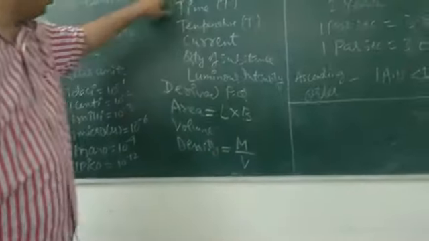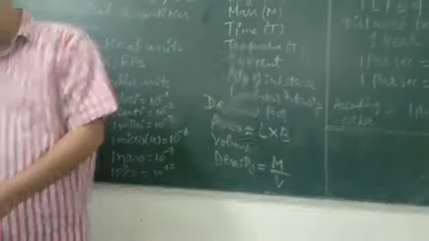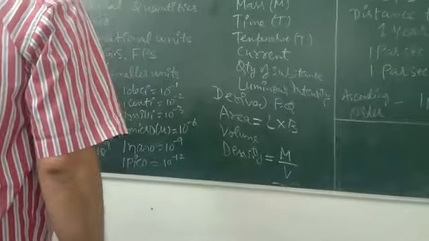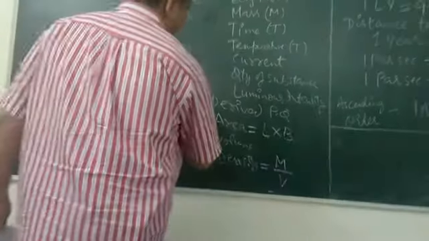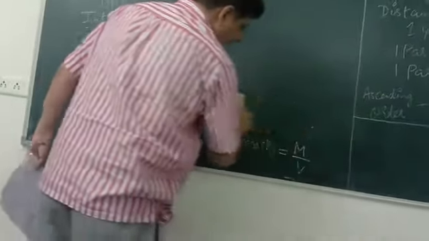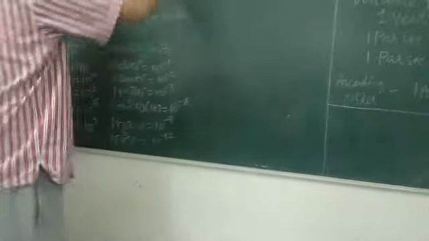Mass is a fundamental quantity. Volume is a derived quantity. So it depends upon its calculation. Next. Now we came up with units. We need to form units in such a way that